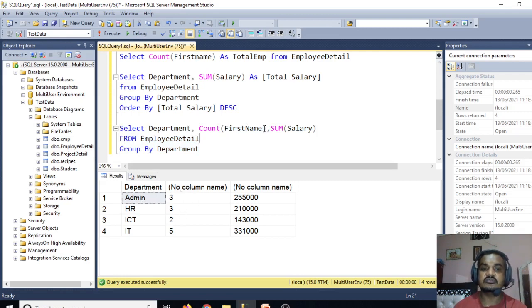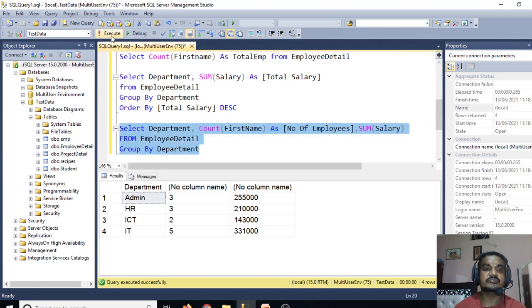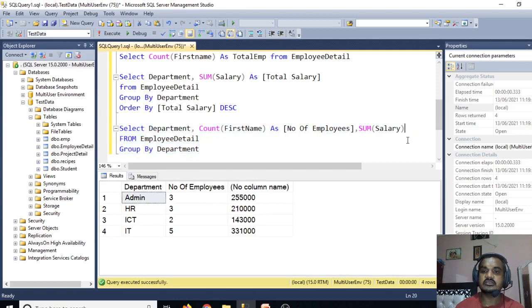So we can give an alias over here, number of employees, or in brackets you can give it like this so that you can separate it. Let's run this query. We have department, number of employees, and the column name, sum of salary.